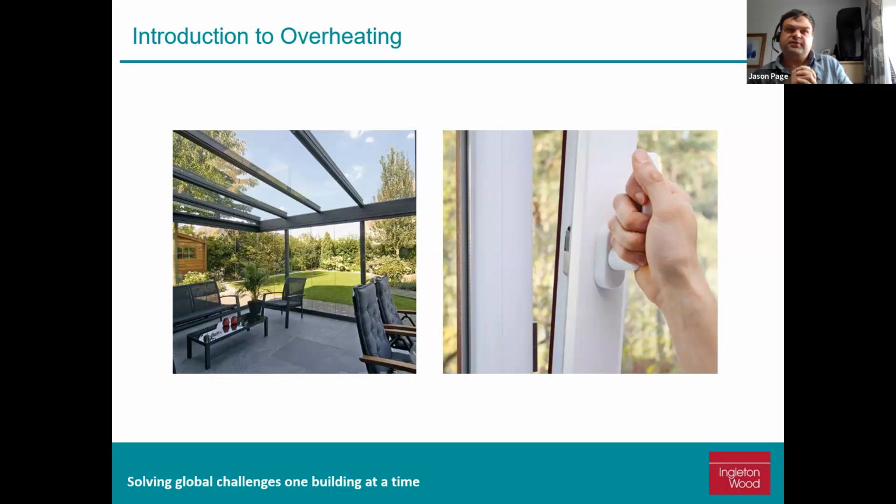But if you can't effectively stop all heat getting in, that would require you to be in a solid box with no windows. So the second part of it is getting rid of the excess heat you have acquired. This is achieved through ventilation, whether that's through passive stack, windows on different floors, cross ventilation with windows on opposite sides of the building, or through more modern methods such as mechanical ventilation or MVHR.